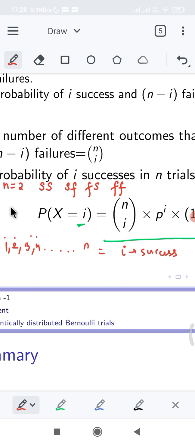Here, if n is 2 and i is 1, you don't know which case is possible. So you will use 2C1. Your n is 2 and the number of possible ways of selecting 1 is 2C1. So here it is similar. If you need i successes, you take the number of ways of selecting i from n, nCi, into